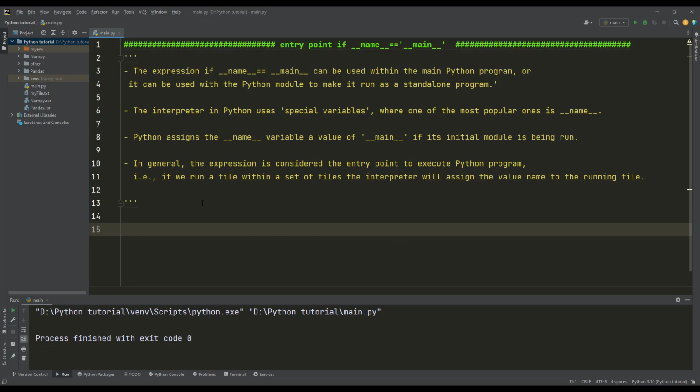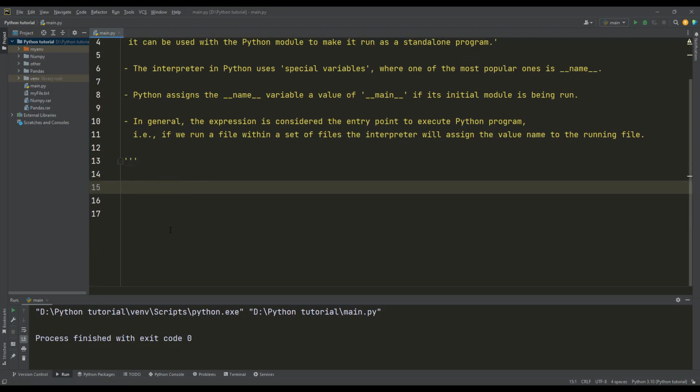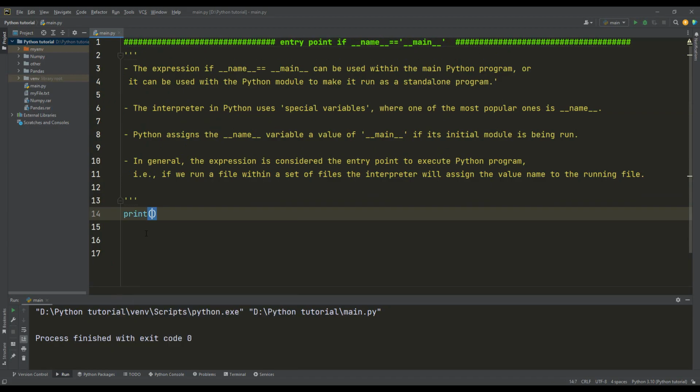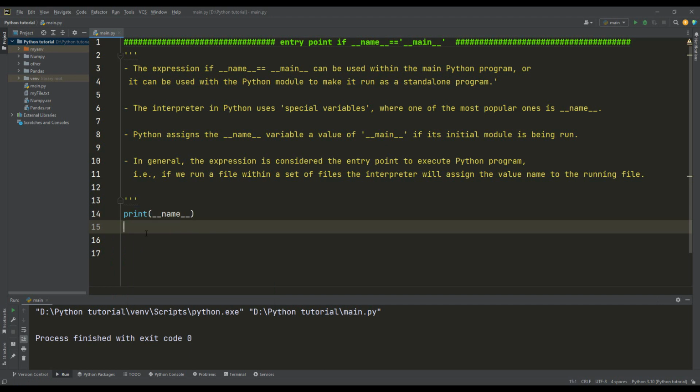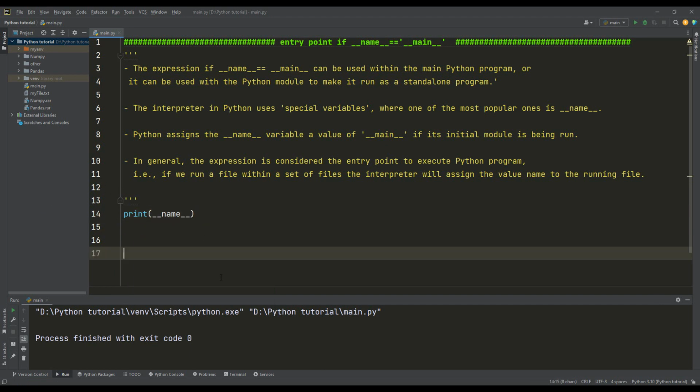Let us translate this by programming. This will be a very quick tutorial. So what is the special attribute here, name? If I want to print __name__ like this, then this is a special variable that is located in Python.